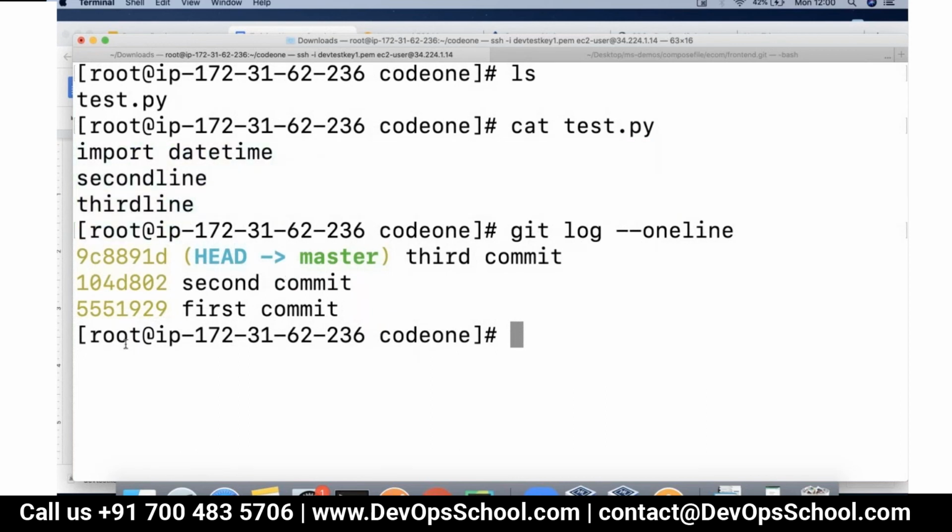So when you want to go back, you have to move this HEAD to a specific point in time. Right now I have 3 commits. In case you have multiple commits, you try to move your HEAD across the commits. So just notice one thing. If I do git checkout and use this commit ID, I am moving my HEAD to which commit? First commit. Git checkout, first commit.